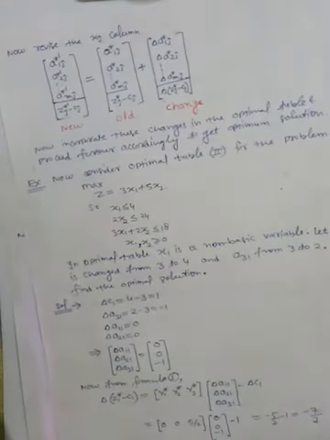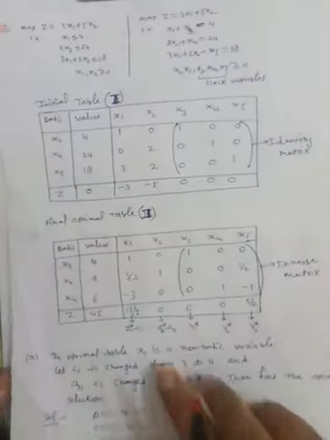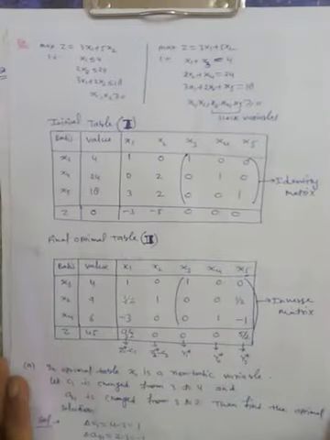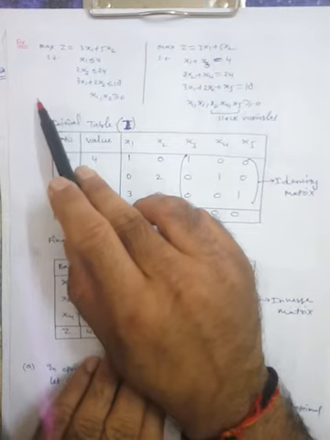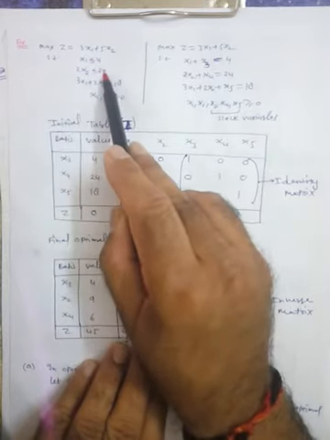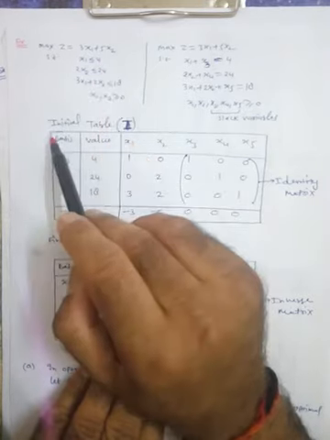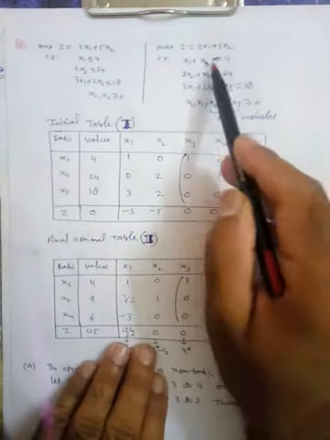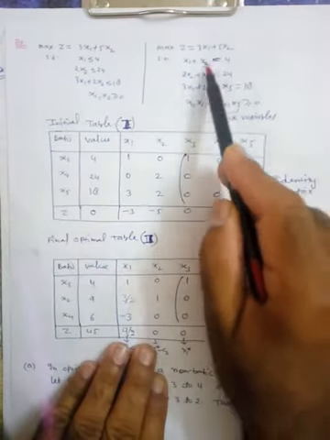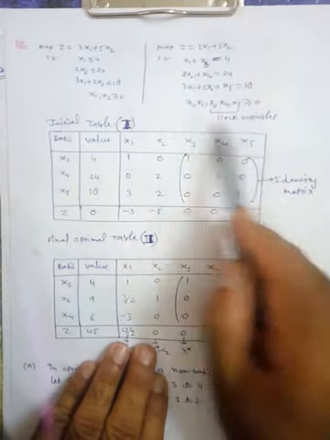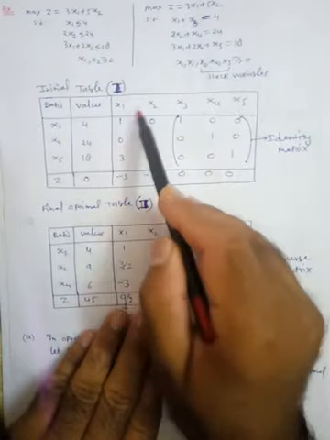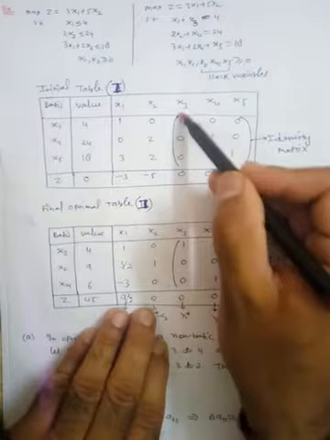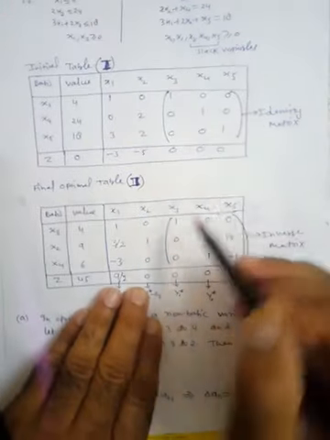So let us take the problem as this. This is the problem which we have already taken in a previous case when we revised the value from 12 to 24. So this is the revised problem. We have added slack and surplus variables x3, x4, x5. So we get this table. This is the initial table. Here are x3, x4, x5. So this is the initial table and this is the identity matrix.